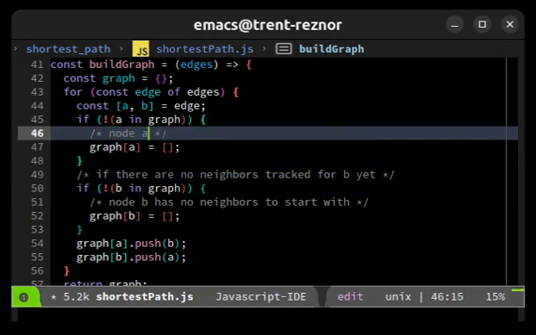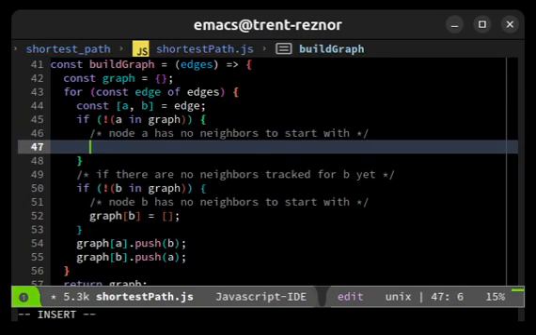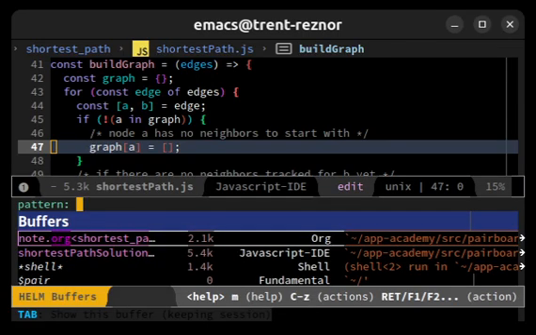So node A has no neighbors to start with. So I'll delete, and then I'll go here and I'll say, actually no, I won't do that yet. Graph at A has no neighbors. Okay. And then